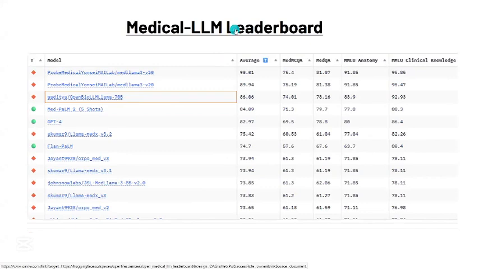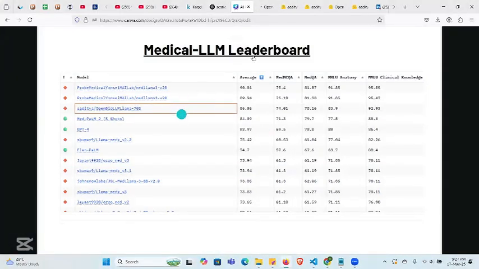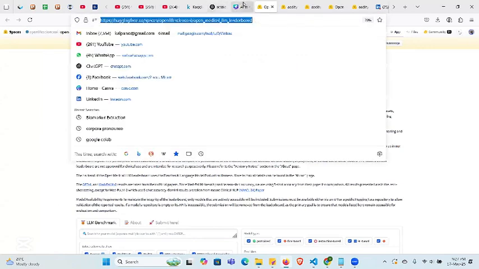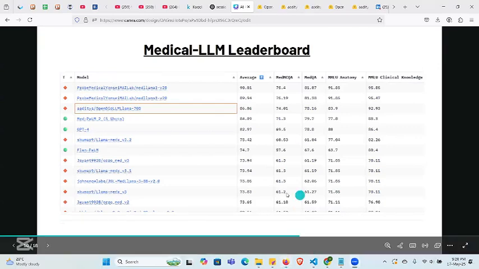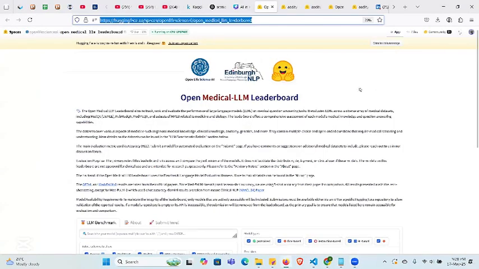By looking at the leaderboard also, you can get an idea about these models. In this leaderboard, okay, I'll show you the leaderboard in Hugging Face. That is also available in Hugging Face platform. So let me share that link. If you go to that leaderboard,